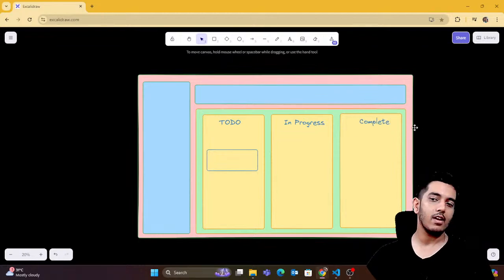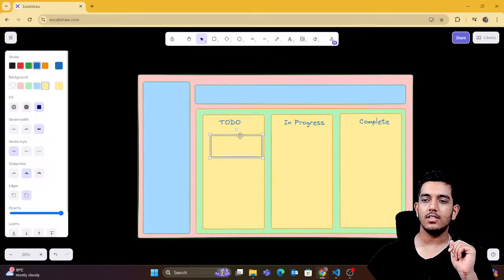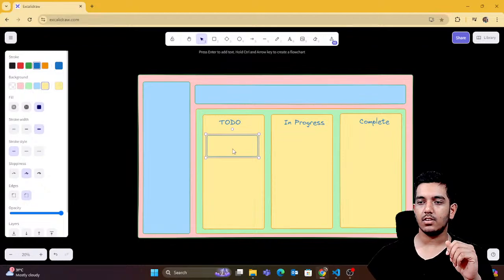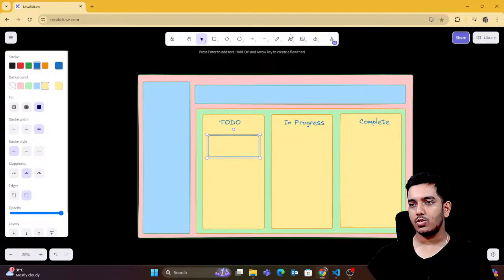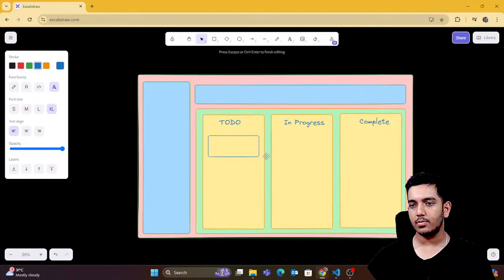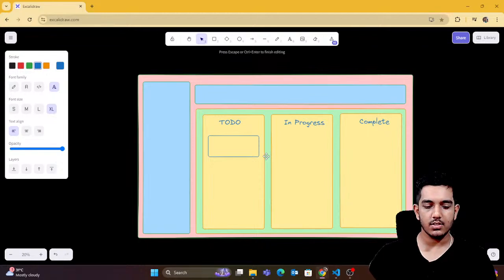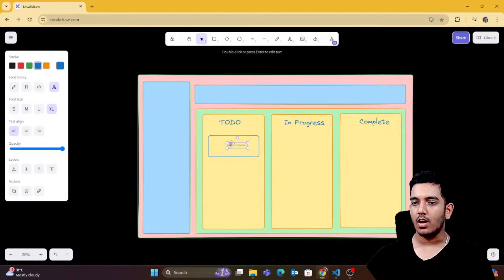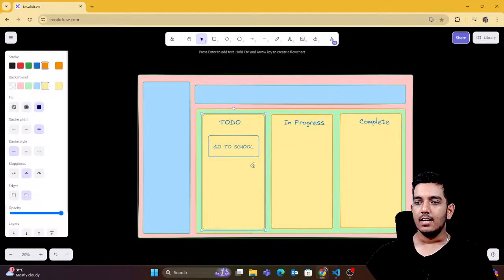Now the main highlight of this project is that you'd be learning the drag and drop feature in React.js. What is drag and drop? Suppose this is a task. Let me write something here. I'm not sure why I'm not able to write something here. Anyways, suppose this is my task one. Task one would be, suppose, go to school. I'm a school kid. Not really, but I look like a school kid. So suppose this is my task, go to school. This is in your To Do. So what you can do is